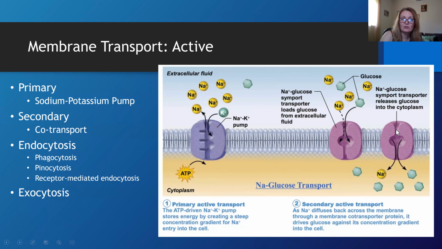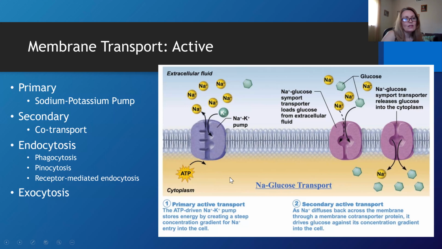But transport of glucose by secondary transport requires the ATP pump. I hope it makes sense, right? So even though we don't have direct use of ATP, this movement still depends on the amount and presence of ATP